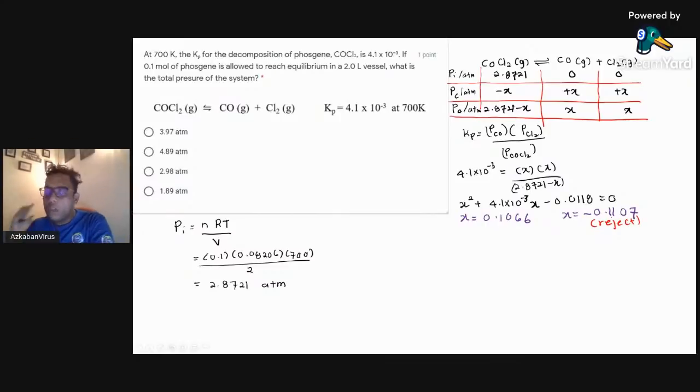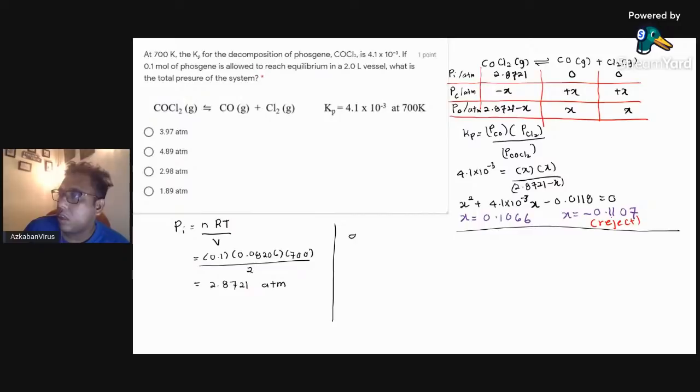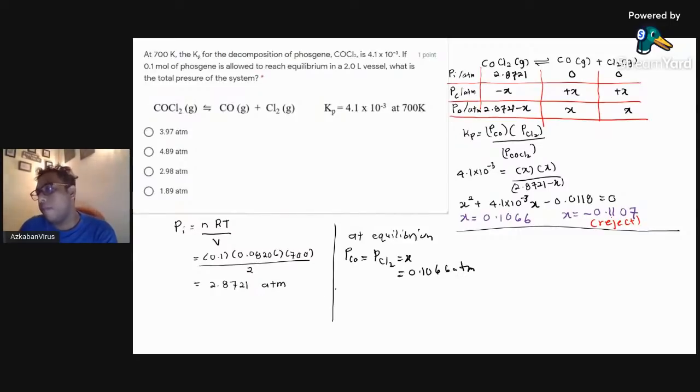So kita dapati bahawa at equilibrium, PCO sama dengan PCl2 which is equal to X which is equal to 0.1066 atm and